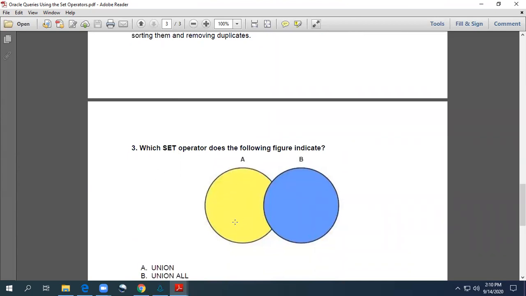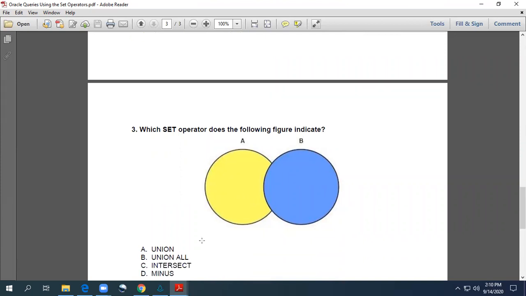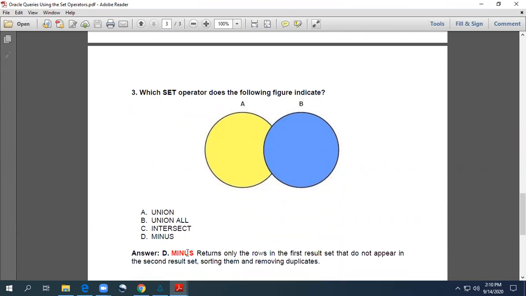Right. So here the LO portion is the portion that is returned by the query. So what is this operation? It is definitely the minus operation. The minus operation returns only the rows in the first result, my first result is the LO portion A here, the first result set that do not appear in the second result set. If you observe, this shows the second query result is minus, or removed, from this query, right? So only this LO portion will give you the output of query A that does not exist in query B. So this is my minus operation, right?